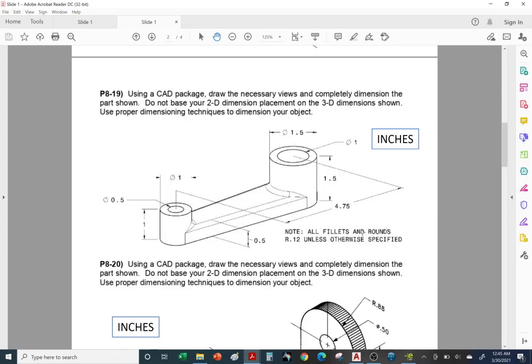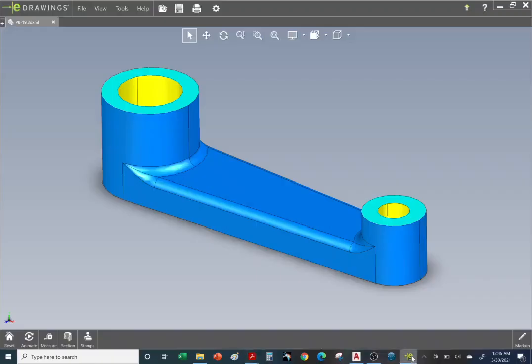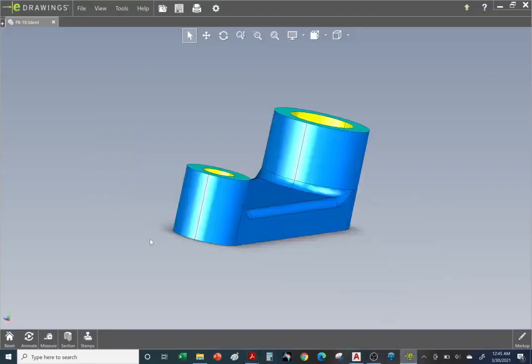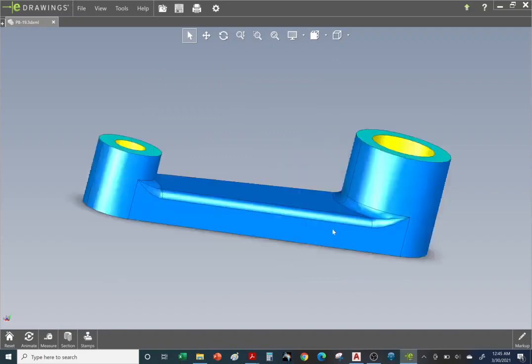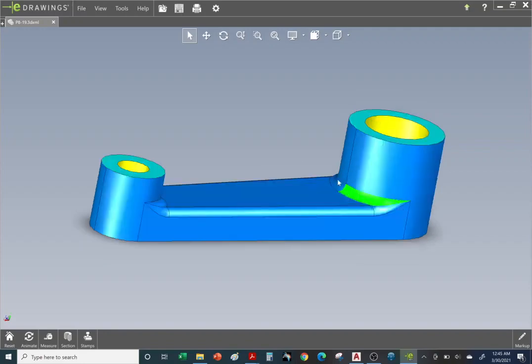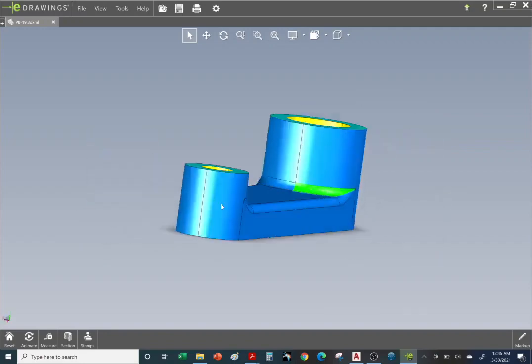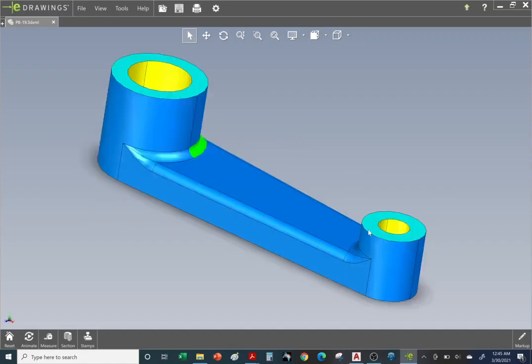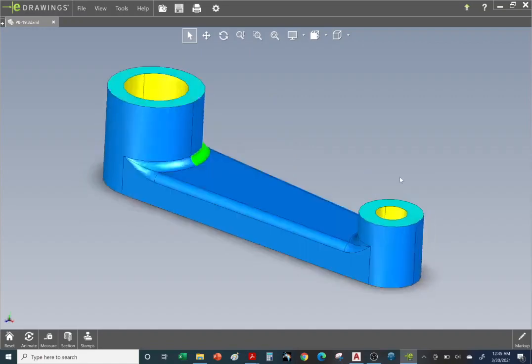All right, so let's go ahead and take a look at this problem. Let's look at the 3D model. All right, so here are the round edges or fillets, right? As you can see, and they're 0.12 inches for our radius on this one. Okay, so one thing about this part is